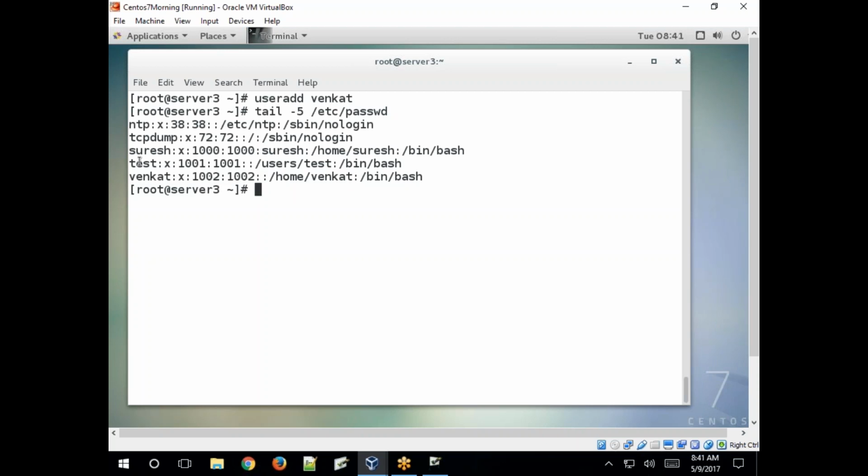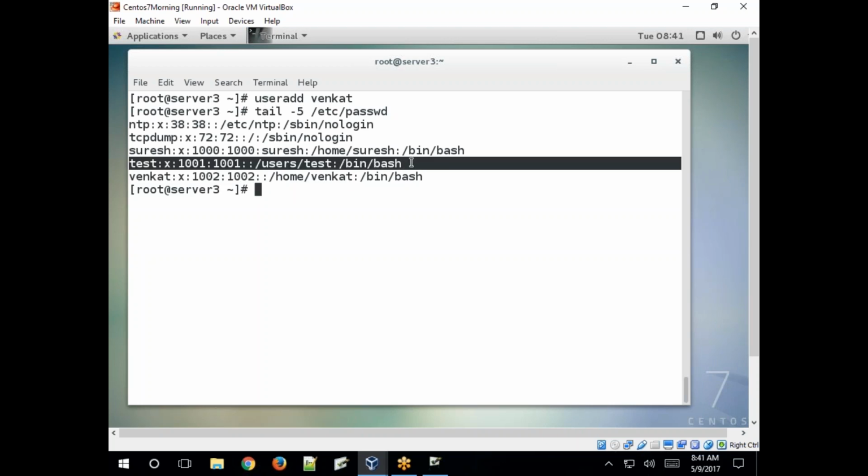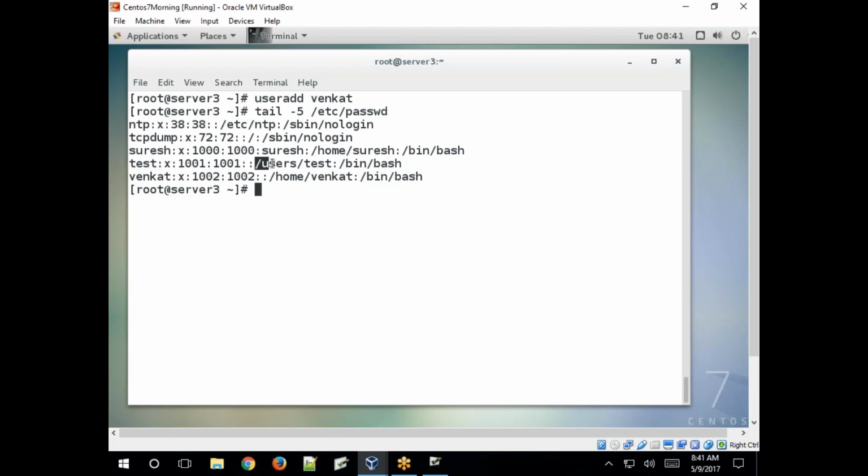This user also created the test user before, right? The test user's home directory is /users/test. Now it is again modified back to /home. Venkat user created. This is the username, this is the password field, this is the UID and GID, and this is the comment field. There is no information updated for the comment field. See, this is the home directory for the Venkat user. This is the default shell type.